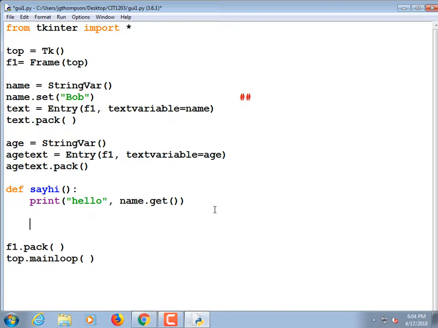So button 1, b1, is equal to Button with a capital B, parentheses, top, because that's the name of our window. Suddenly it occurs to me, why not pass the name of the frame in there, but I'm not going to ponder that too often. Comma, text equals, whatever text we want the button to have inscribed on it. So how about hello? Text equals quote hello, end quote,